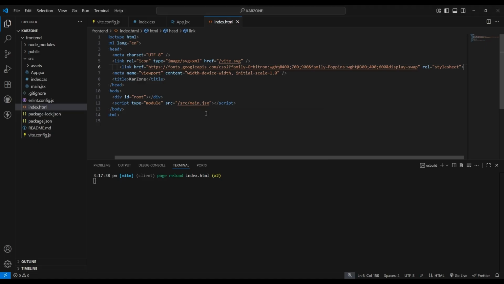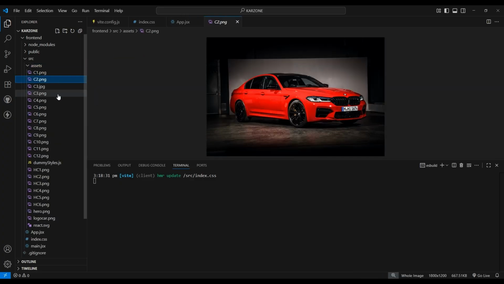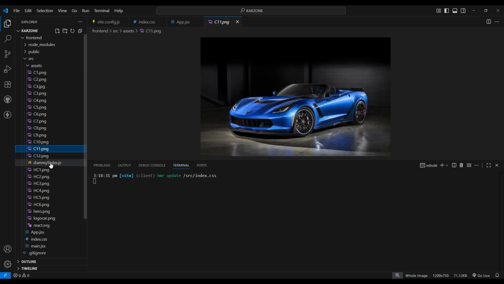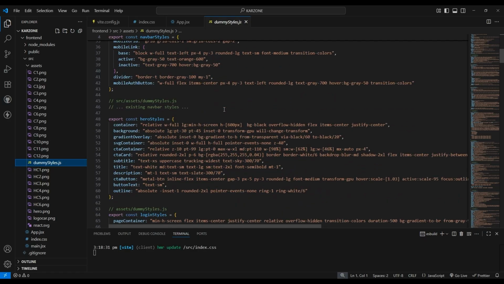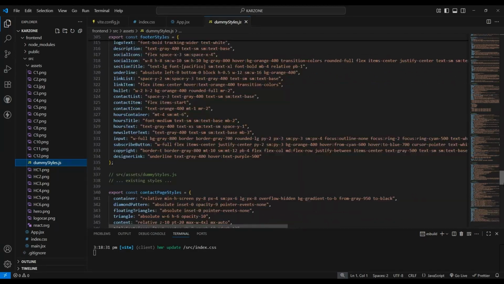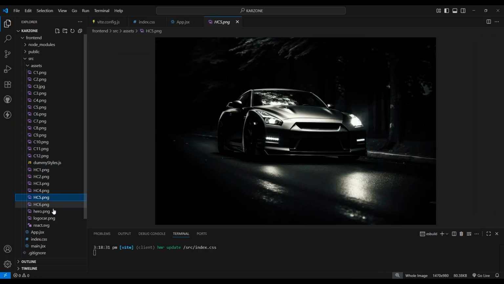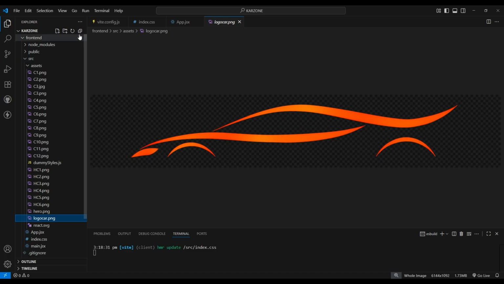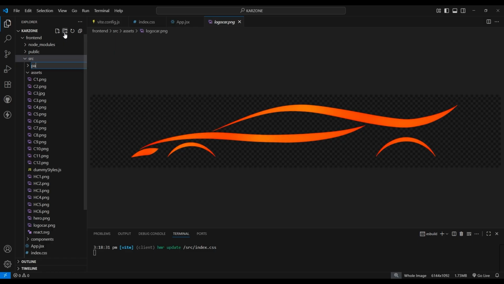Then let's close this index.html and now after this, let's go to now here in your assets folder. Here we have multiple assets, as you can see, and we also have this dummy styles. Here we have all the styles that we are gonna use for this project. So let me just close it, and now these are the images we are gonna use, and this is our logo. Then after this, let's create a components folder,